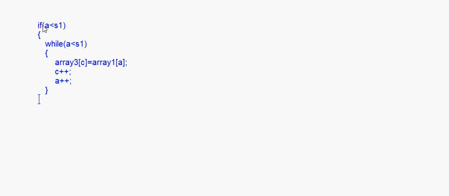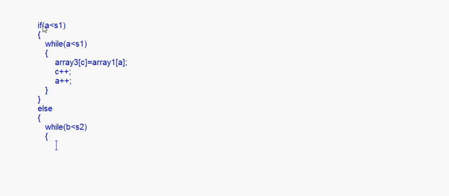If A is not less than S1, so here the first thing I have written is if A less than S1, so the else part for that, I have put a bracket there, so I will put it here. Else, you will just write while B is less than S2, because now if A is not less than S1, that means there are some elements left in array 2, right?